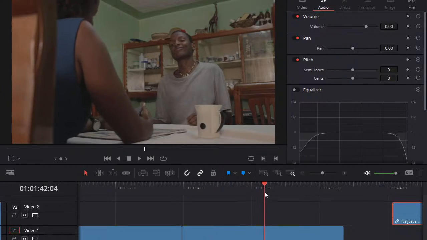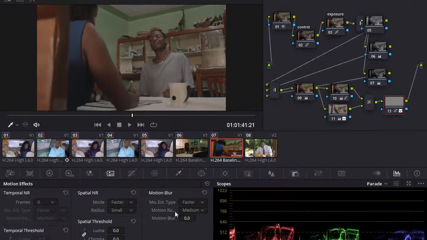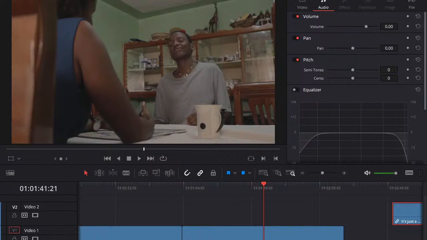And I don't know, I like it. The exposure looks good, man. I'm surprised. Let's steal the color grade from this one. Copy. And boom. It's working. It's working miraculously.